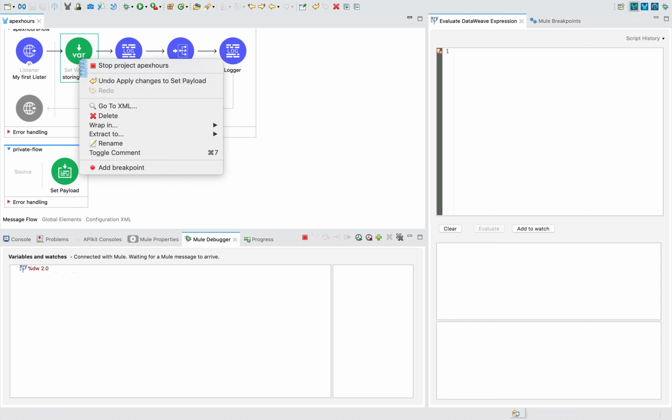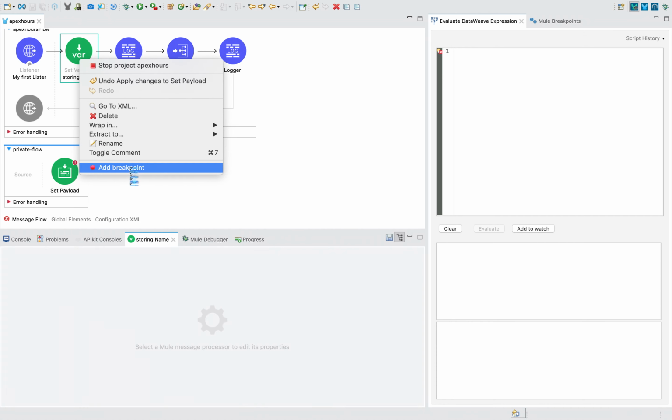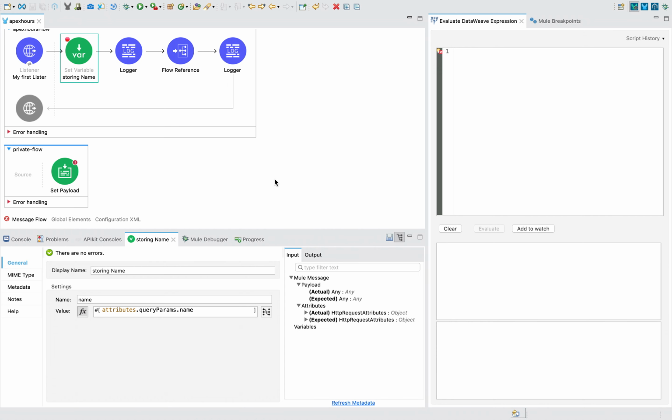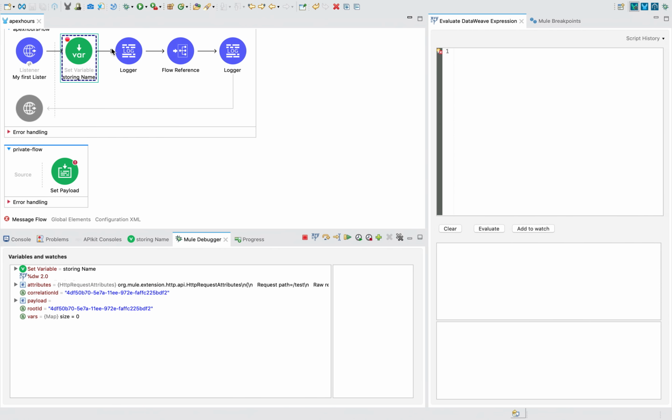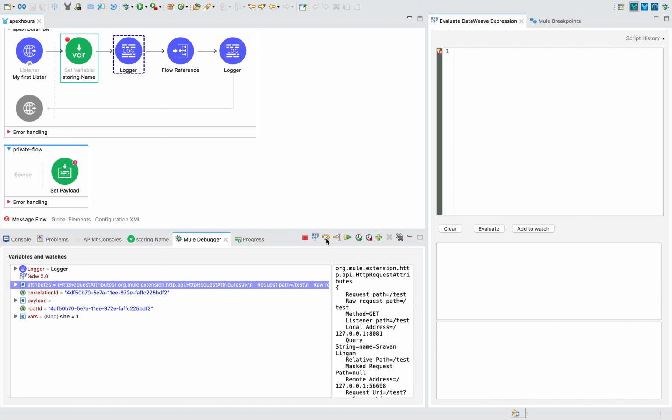But if I right click, even when your application is up and running, you can add a breakpoint at any point of time. Now you can see it will not give the response immediately because I put a break here. It's just like putting a break. Okay, so you have to always observe attributes here. So next,